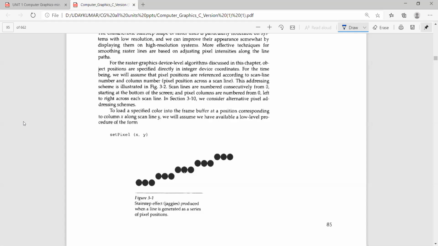In some graphic systems, if you draw a straight line, the straight line is not clear. If you zoom it 10 times, 20 times, 30 times or 50 times, you are able to see the pixels. The line will not appear very clearly. Let us take an example. I will take MS Paint. One minute, I will stop sharing screen.